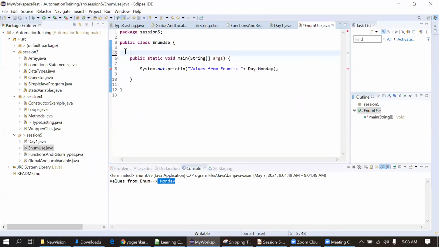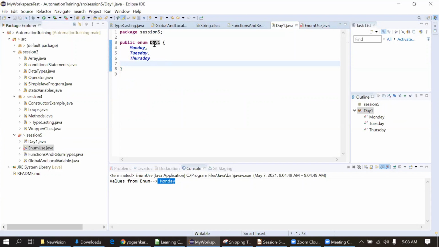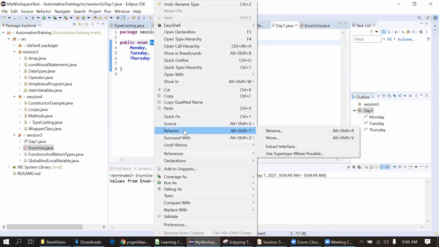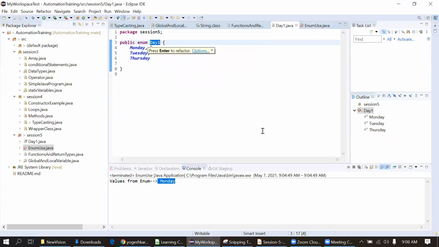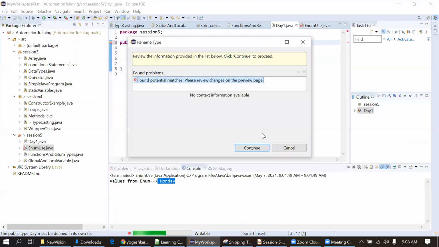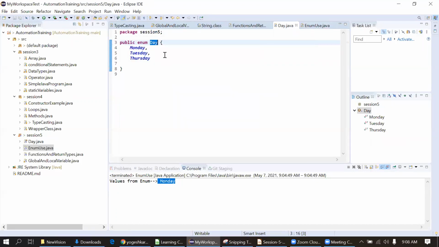One thing that I have not shown you yet: always when you are renaming any file, don't type it directly. Just right click on it, use refactor, and then rename. What is the advantage of this refactor? Whenever we are using this class or enum or any string anywhere in our project, it will be changed in the whole project directly. We don't have to replace it manually. So you have to remember that, don't type it manually. Instead, just refactor it.